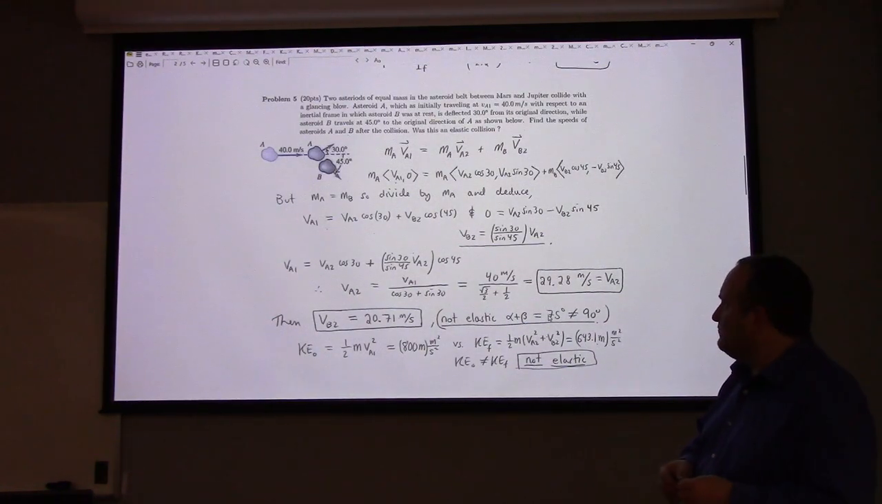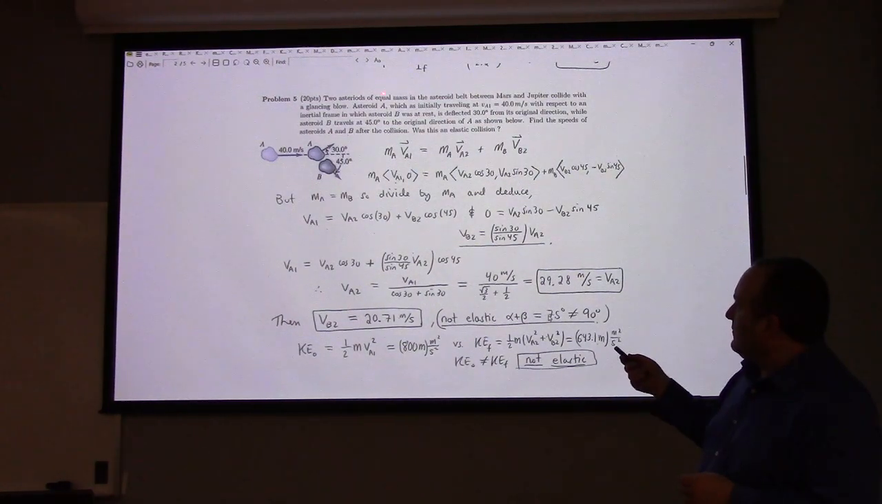There's only really about 5 or 6 examples. But, okay, so this one, we have 2 asteroids of equal mass, an asteroid belt between,